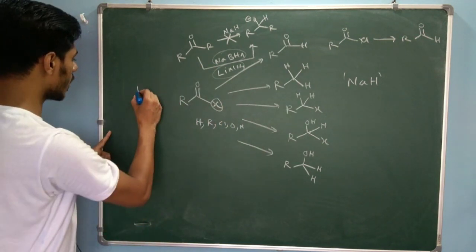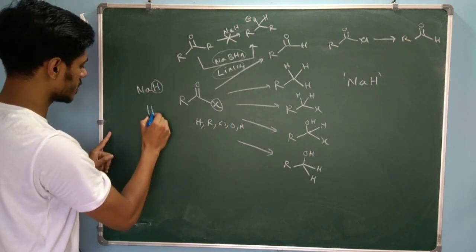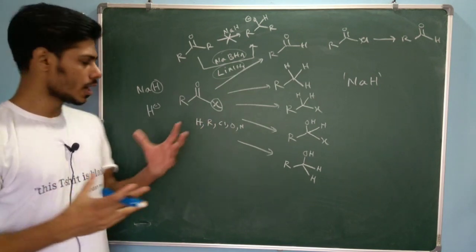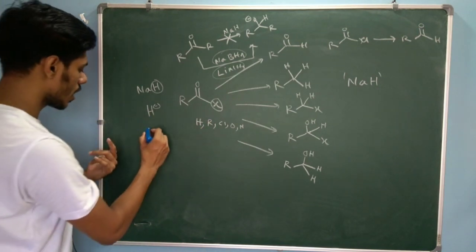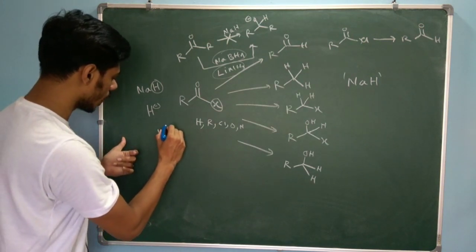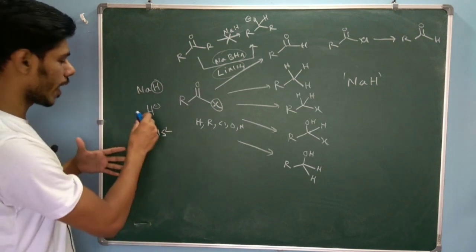So here is the thing, you have to look into the structure, the orbitals involved in these reagents. So in sodium hydride, what we have is H minus, simple H minus, and it is a kind of ionic species. It has more ionic character. So it is simple H minus, where the electrons are contained in the 1s orbital of the hydrogen. That is, it is the 1s2 configuration of hydrogen.